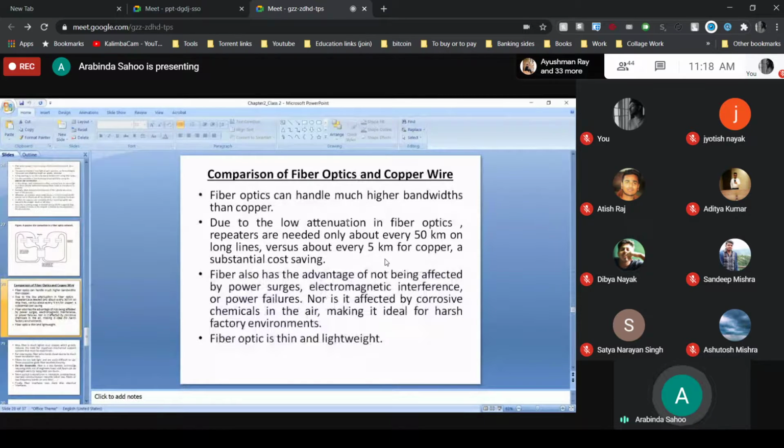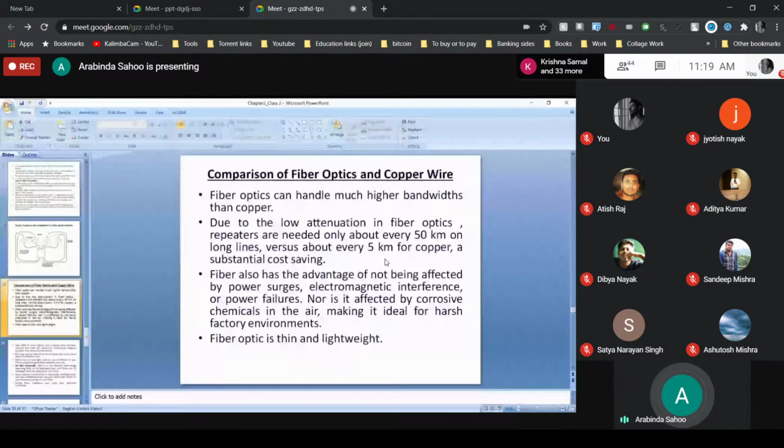As we already discussed, there are different transmission media. The first one is twisted pair, the second is coaxial cable, and it is mainly copper wire, and the third one is fiber optics. Fiber optics has a larger bandwidth as compared to your copper wire. So if the bandwidth of any cable or transmission media is large, you can transmit more bits per second, or the data rate can be high.